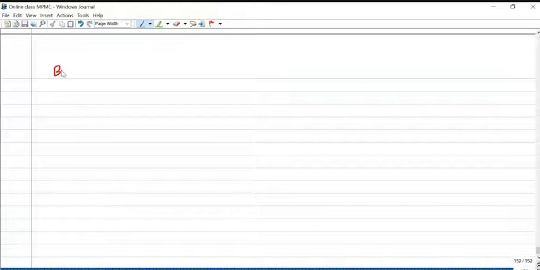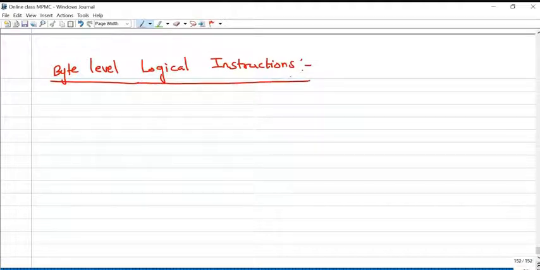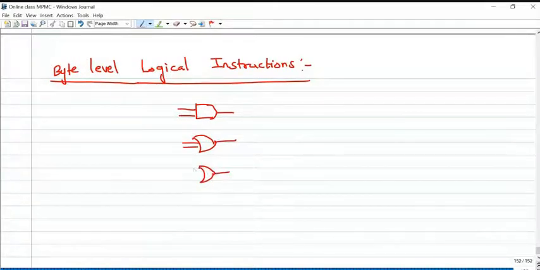First, byte level logical instructions: logical AND operation, logical OR operation, and logical XOR operation. Where are these logical operations used? Two input AND logic, two input OR logic, or two input XOR logic.